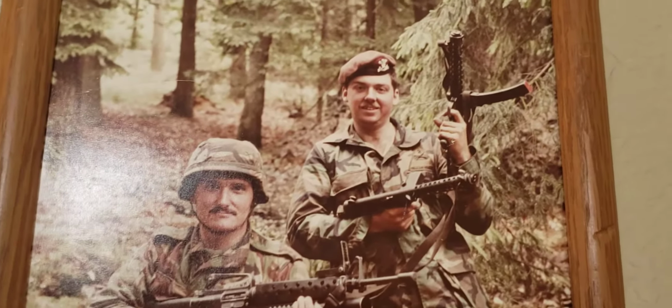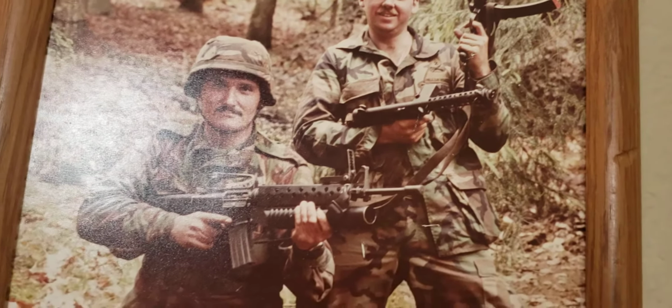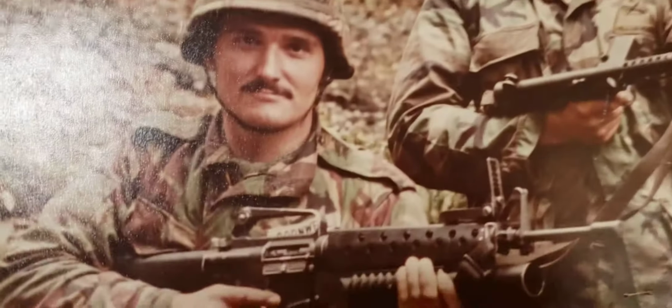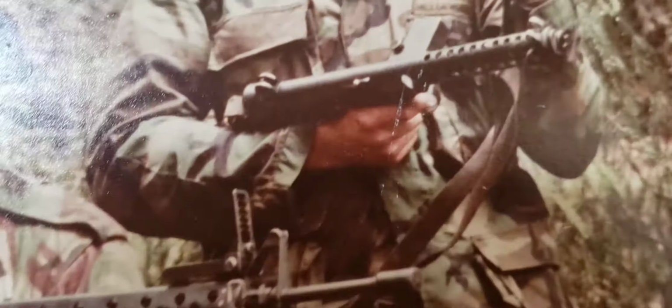When I was in the Army, I had a chance to train with many different armies that I was embedded with over a period of years. And one of them was the British Army. And you can see I've got his British Sterling. This is me, and he's got my US made Colt